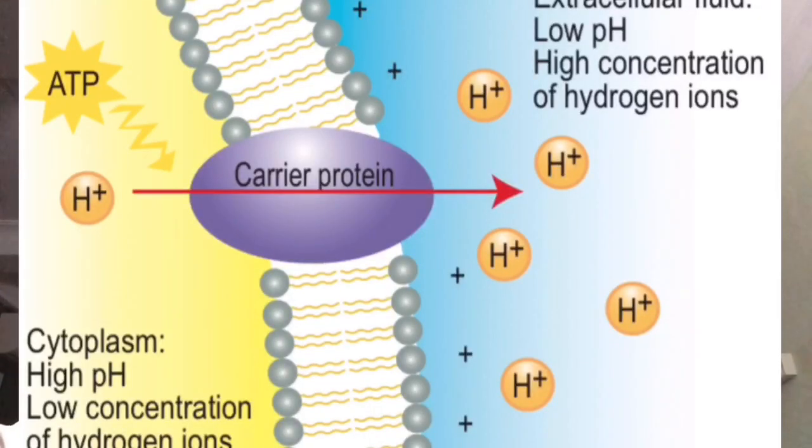The other type of pump is proton pump. Proton pump is usually found in the epithelial cell lining the stomach cavity. Proton pump causes the acidity of the stomach content. Energy from ATP enables the hydrogen ion to be transported by the carrier protein towards the extracellular fluid. This causes an accumulation of hydrogen ion and acid production in stomach cavity.